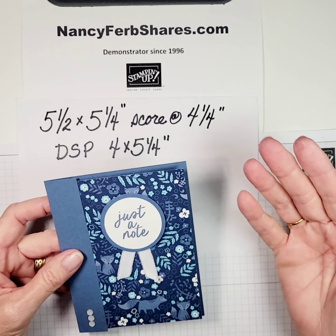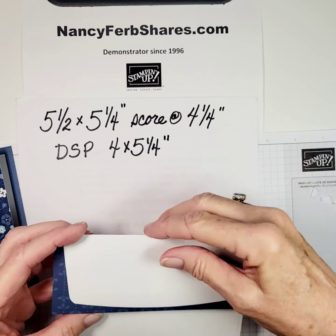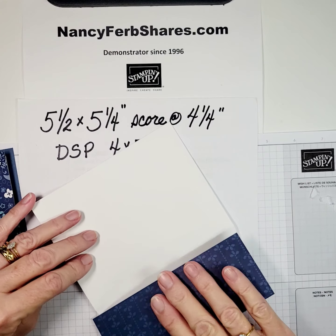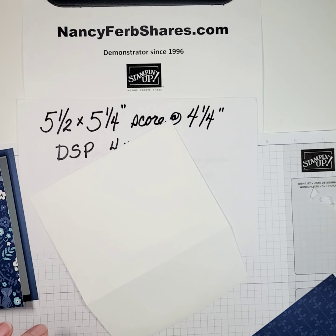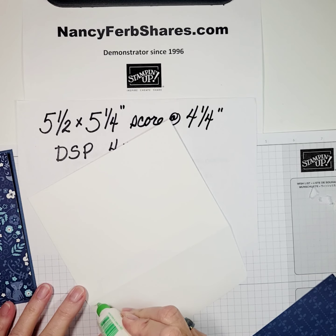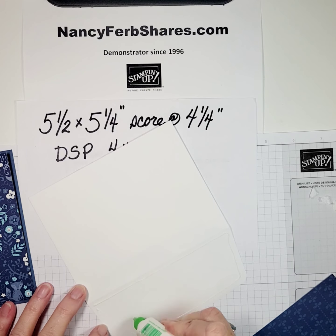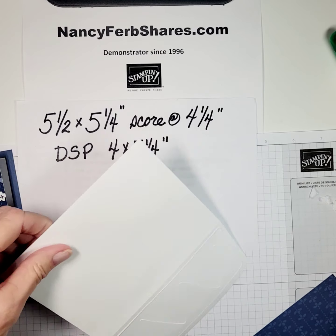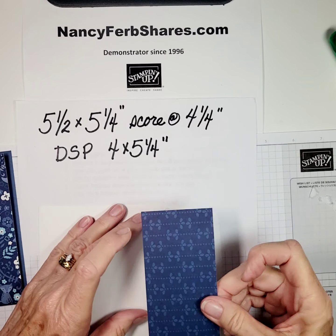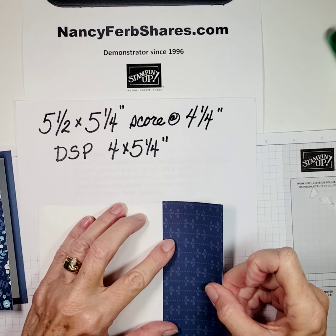Now, to complete my presentation, I always like to put a little designer series paper on my envelope flap. I put glue on the envelope flap and I keep it fairly thin layer of liquid glue. You want it on there good because it's going to go through the mail. You're going to position this straight edge, about a 32nd